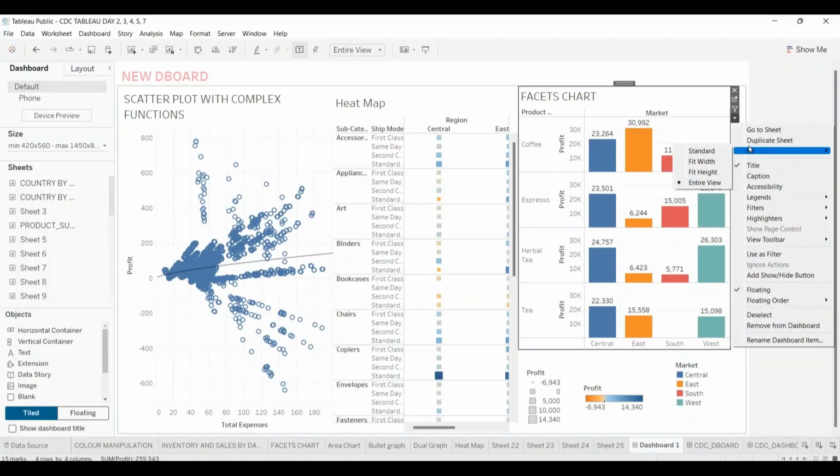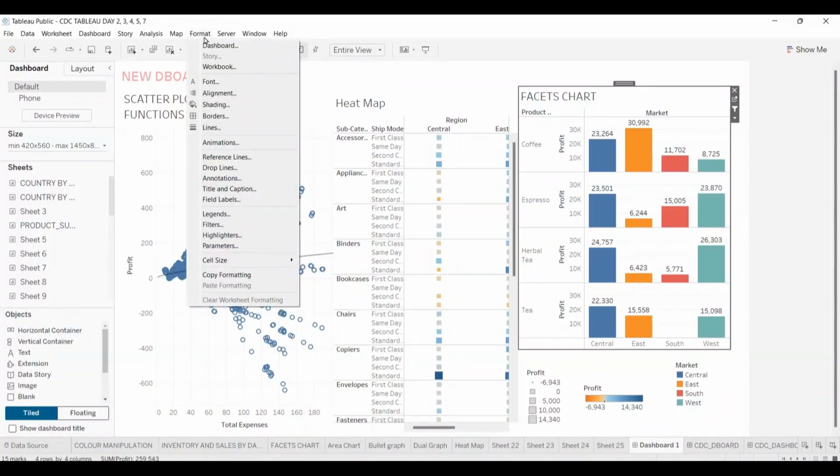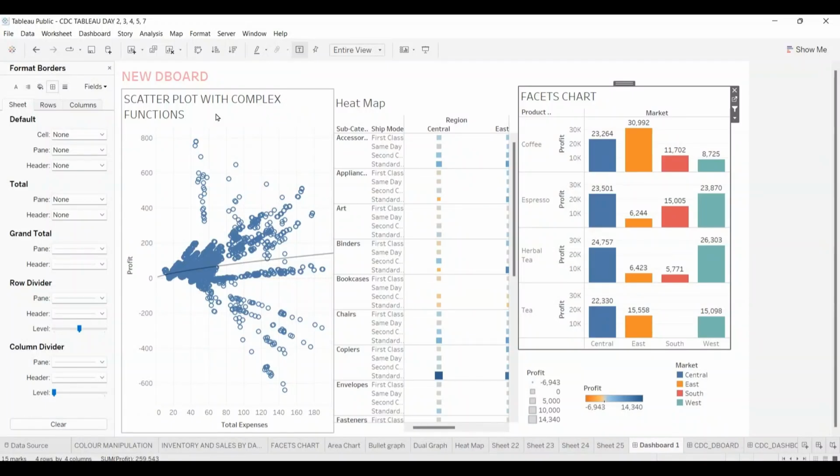You can fit, duplicate sheet amongst many. You can also filter your work and do one or two things there. When I click on this, I would like to see if I can do some formatting. Click on format and go to border. Click on border